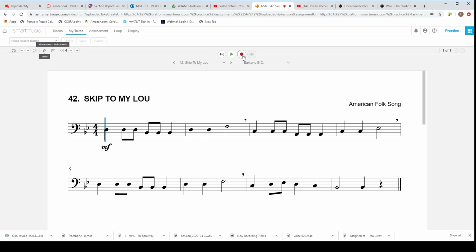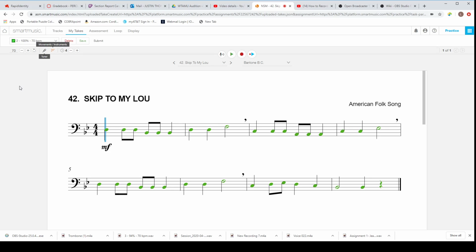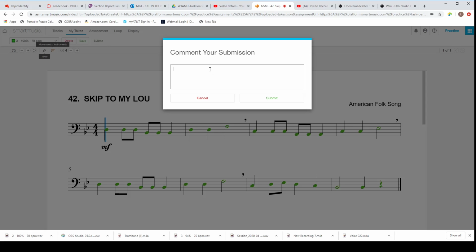So this time I'm going to try again, hit my record button. On that one, I got all green. And again, up here in the corner, it tells me how well I did. I got 100%. So on that one, I actually want to save. And then since I did so well on this one, this is the one that I want, I'm going to hit submit. If you want to put a comment on your submission,